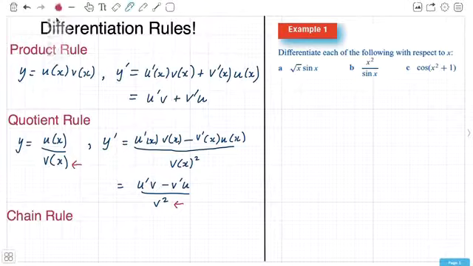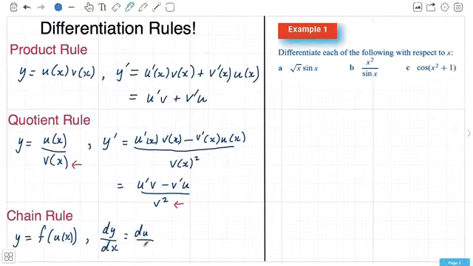The last one is the chain rule, and this is for when you have a function y, which is a function of another function. It's what we call a composite function, a function of a function. And the way that you find your derivative, dy dx, is by taking the derivative of the function u with respect to x. So this might be like sine of x squared, so the u would be the x squared. So you differentiate that u with respect to x, times, we then differentiate the y, the whole thing, with respect to u. So you might think of this as being like cos of u,